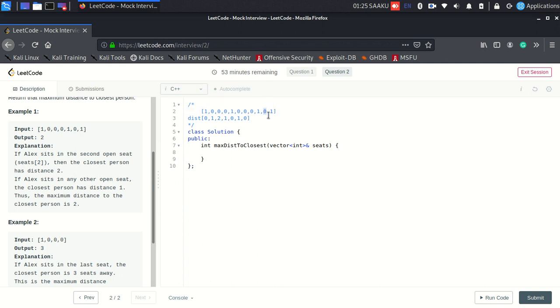So if this is 0, this becomes 0, so this is 1, this is 2, this is 3. Yeah, so maybe I will have 2 traversals. So let's see if the idea works or not. So I'll have a vector int of distances, I'm having my seats, so that's great. So what I'll do is maybe